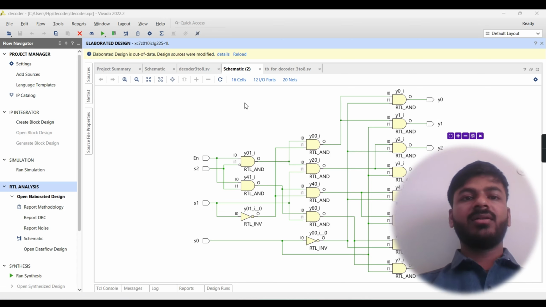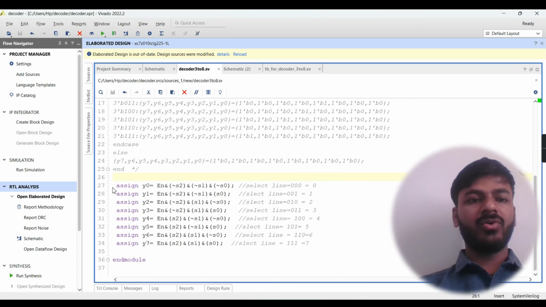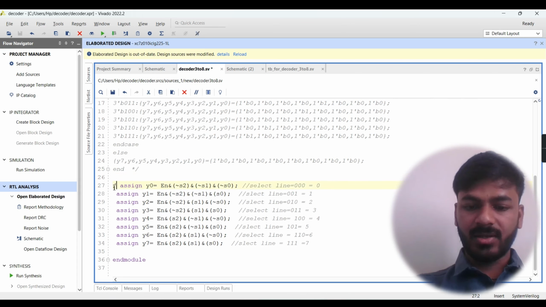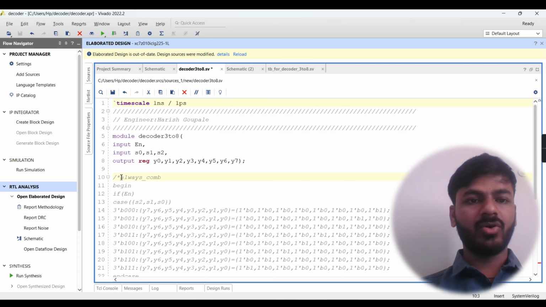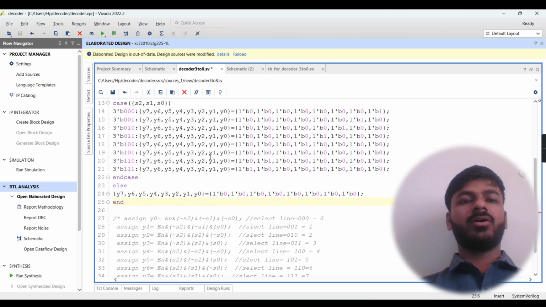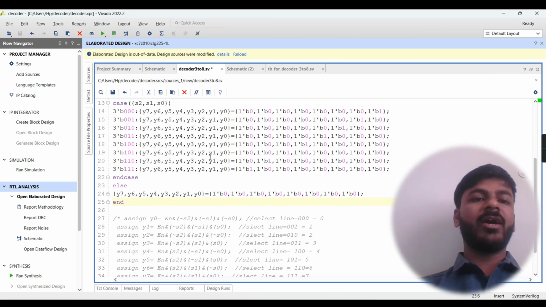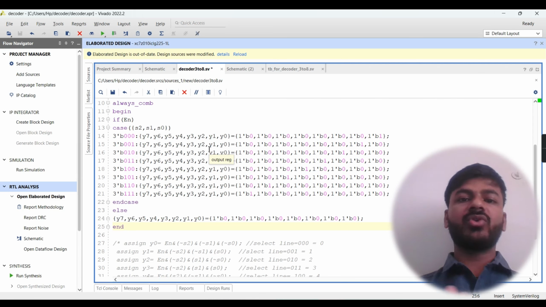Okay, now the other way is by using a combinational procedural block. So I'll comment out this logic of the assign construct, and I'll uncomment this logic of the combinational procedural block. If you are trying to implement a 3:8 decoder by using a combinational procedural block, then we can use a case statement, and we know that a case statement says that for every possible input we should have